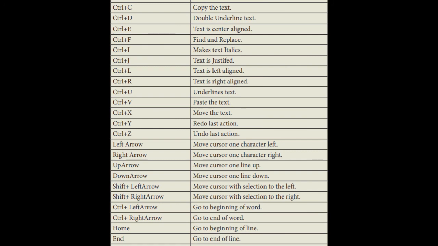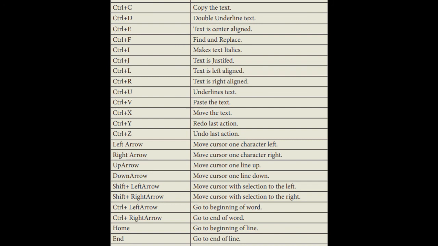In your book, on page number 97, they have given some workshops. If you can, just read them and try to do them, okay? And the keyboard shortcuts they have given on page number 98 in your book. Just go through it. Some shortcuts will be very easy. That means for copy, Control C. For italics, Control I. For bold, Control B. So the word itself will be the shortcut: Control plus that word's first letter. Those will be very easy. So just go through this. Whatever is easy, just mark it and learn it.